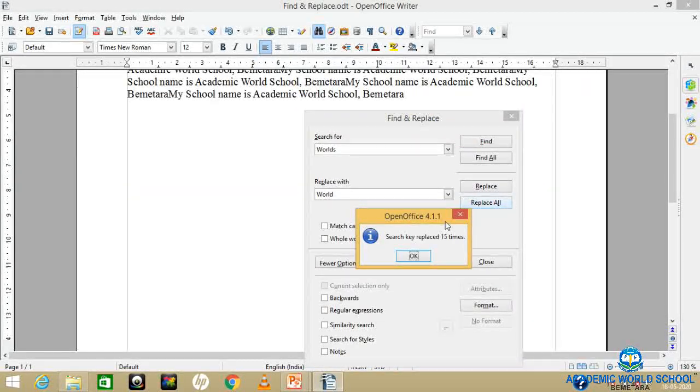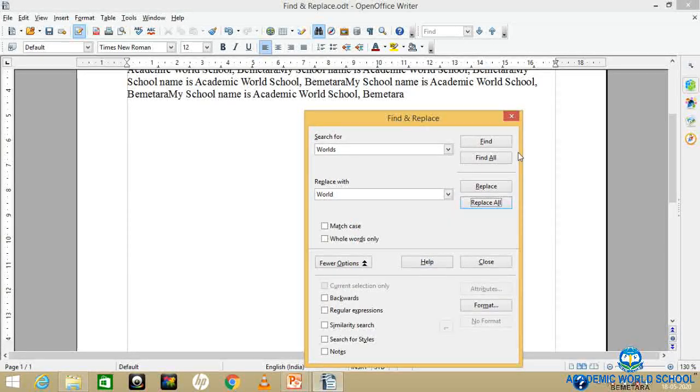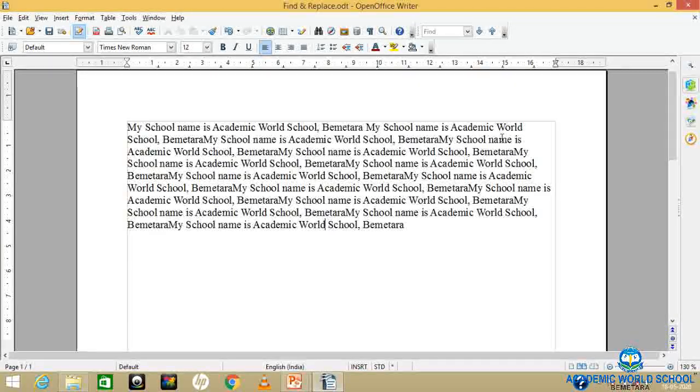Now move to the next topic, list. So list here, list means what? Suppose you are writing any document, any matter, and you want it in a number format. At that time, you want a special type of bullet, a special type of symbol to write any matter. For that, you are going to use the feature called list. So here you will find two types of list available. First one, bulleted list. Second one, number list. So bulleted list and number list, how to use this, that I am going to tell you.